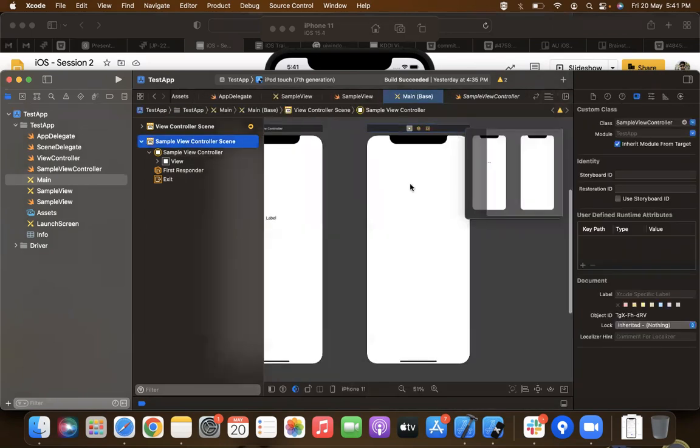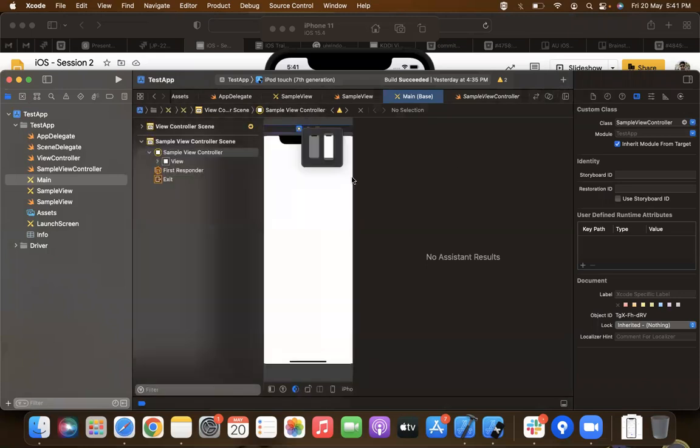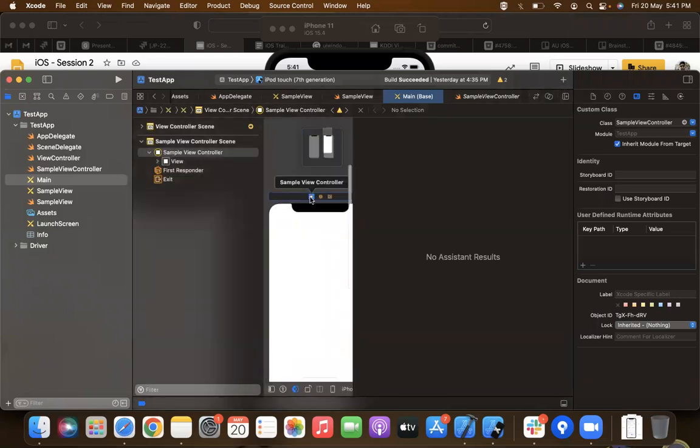Where is my view controller? Selected here. I'm selecting here. There is a menu: show editor only, preview, assistant. So there are basically preview editor, assistant editor, and layout editor. So we will be looking at preview editor later. We just need the assistant editor over here. When you click on assistant editor,